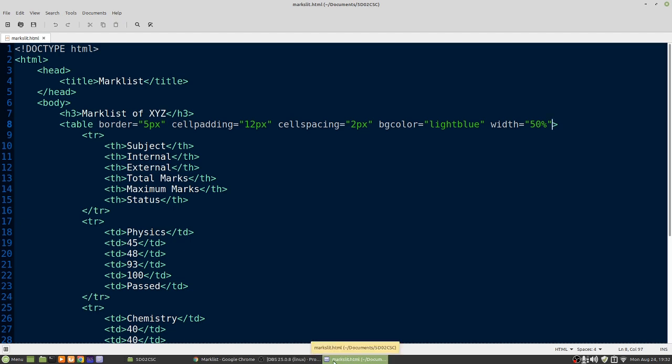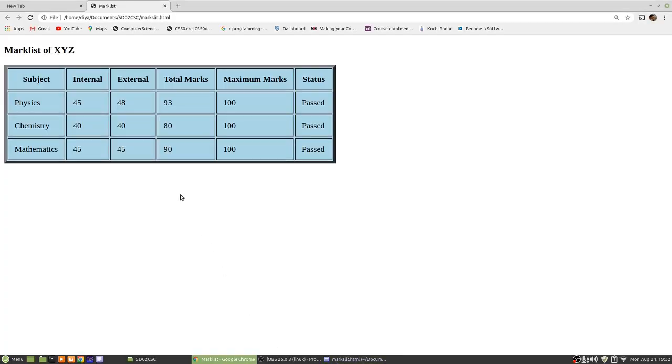So now let's see some attributes of other tags like th to merge rows and columns. In some cases you may want to merge the columns or merge the rows. Say for example, this is our mark list. Suppose you want to have a column saying marks about this. So the marks will be divided into three parts: internal, external and total marks. So there should be one column above this saying marks, and it should be merged. Okay, there should be only one.